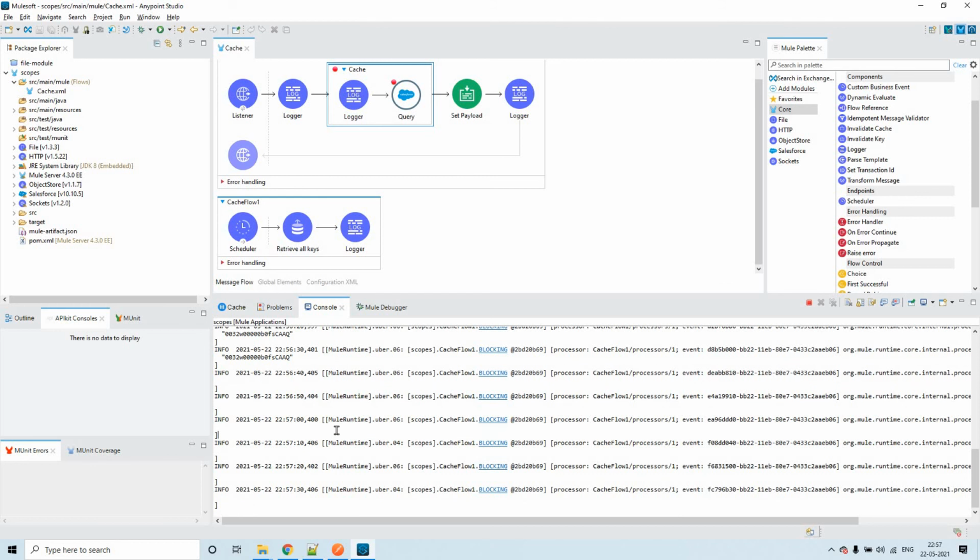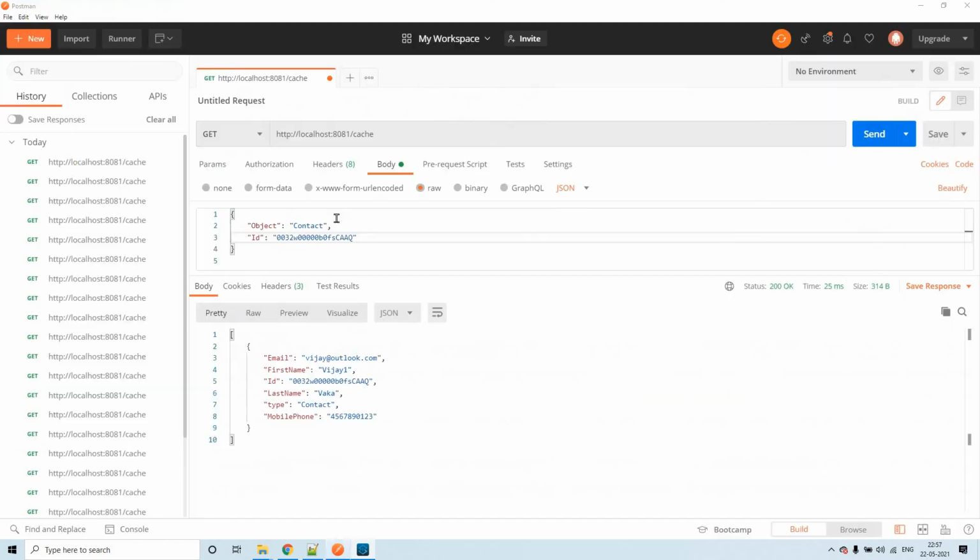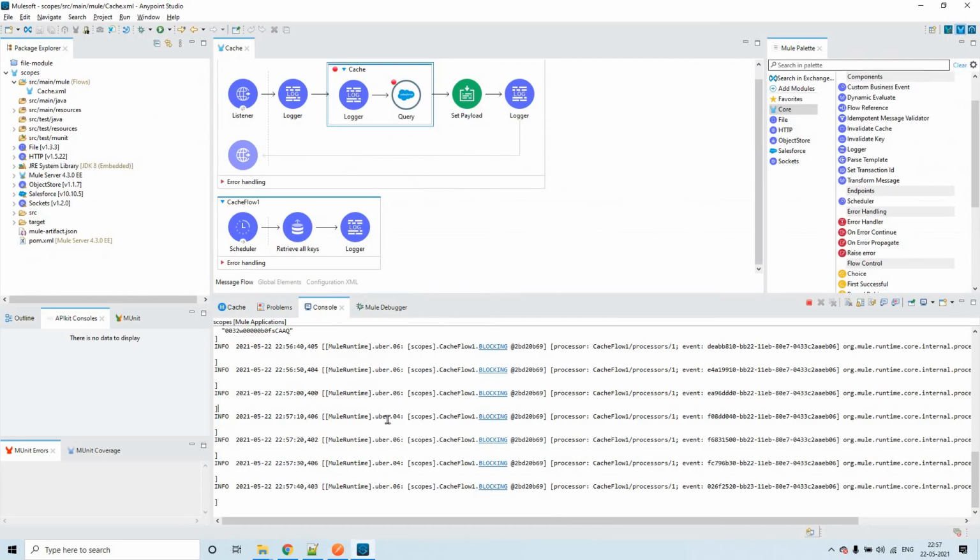When you send the request, for example if I send now, the lifetime of it will be created newly, and if you send the same request after 15 seconds, from there the lifetime of that key will be increased by 60 seconds. So this is how it works, and I hope you understood this cache scope in Mule 4.